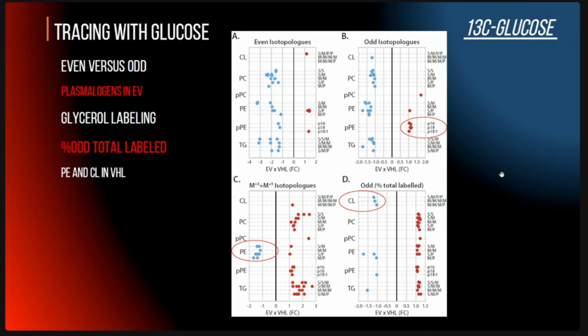And then here I said, okay, let's limit to the lower mass isotopes, like M+3 and M+5. And then we saw, okay, now the glycolytic really changed the game, right? Everything is more concentrated in the glycolytic, except for PE. And then we said, okay, these lower masses only represent the glycerol, so maybe try to make a proportion of odd isotopes to the total labeled molecules. And then here we go. We figured out that a bunch of cardiolipins were more enriched in terms of concentration in the oxidative versus the glycolytic.